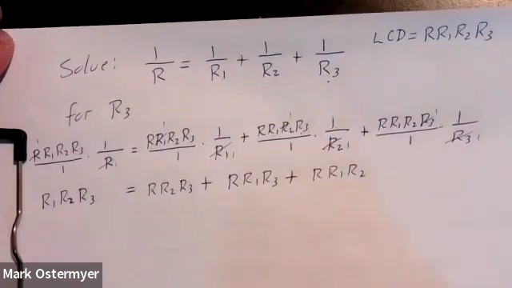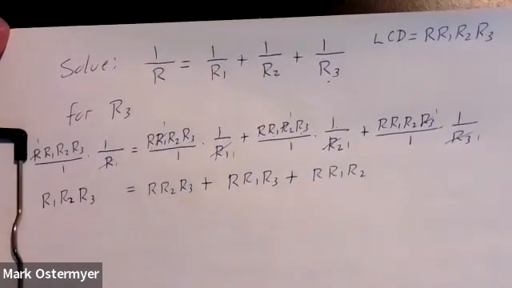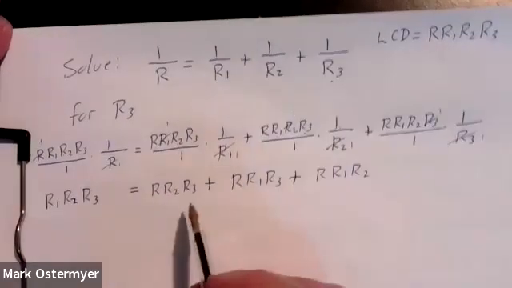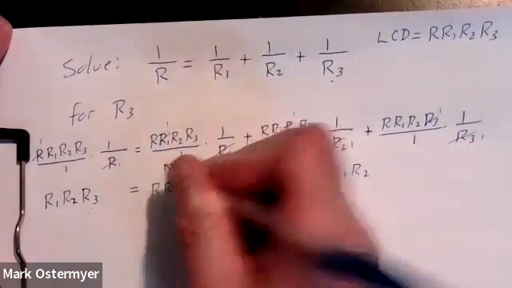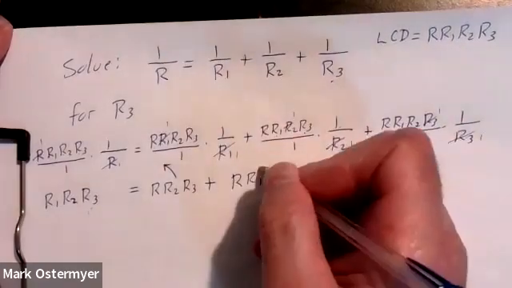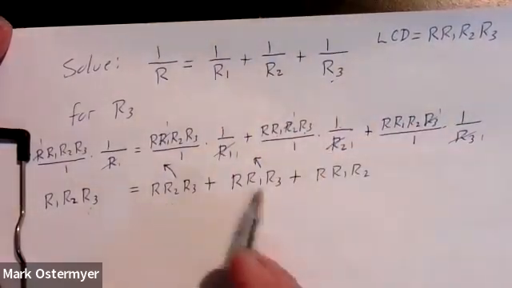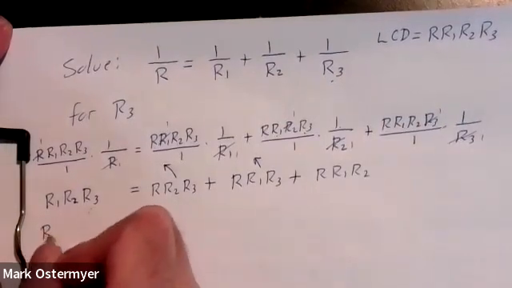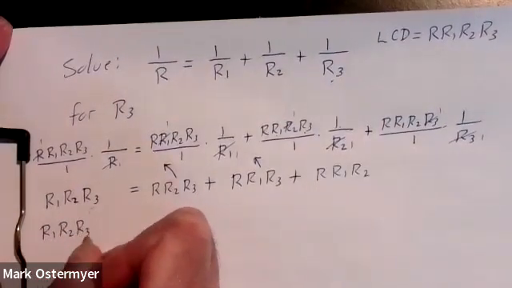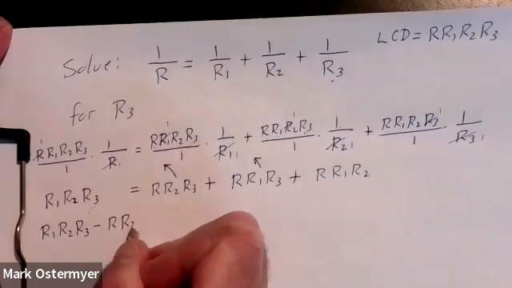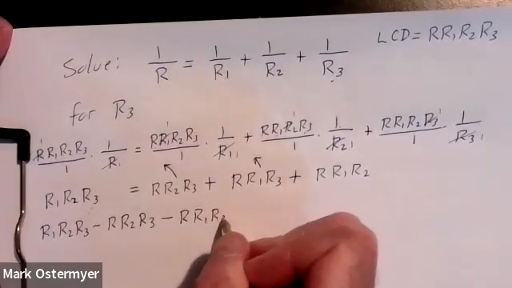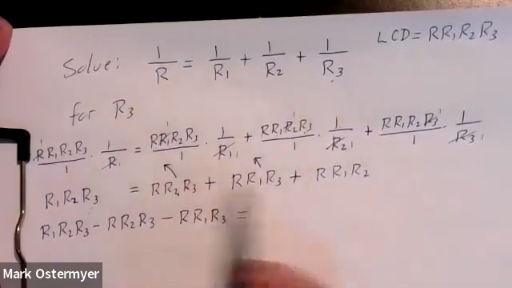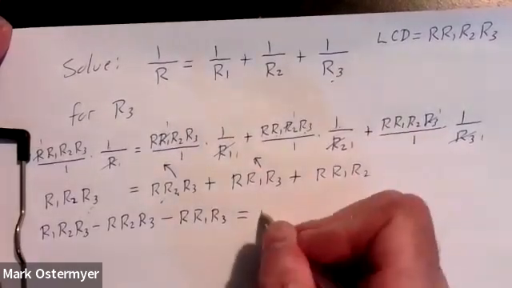And there you go. All right, now to solve for R3, the good news is we don't have any more fractions. The bad news is we're not done. I have to bring all my terms over to the left side of my equation that have a factor of R3. So to join this one, I'm going to have to bring this term over to the left and also bring this term over to the left. How do we do that? We will subtract these terms from both sides of our equation. Now, when I subtract these terms from the right side, of course, they drop out, leaving you with R times